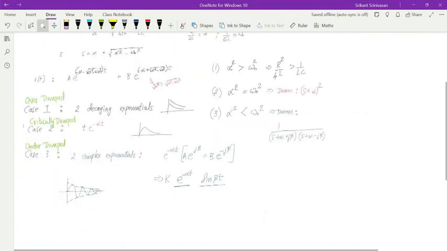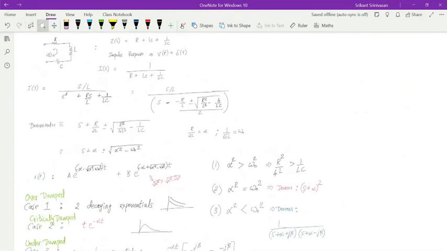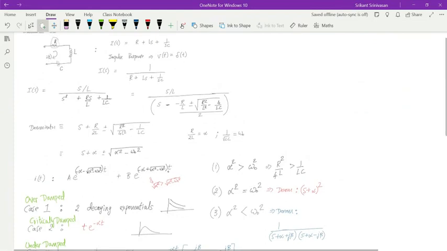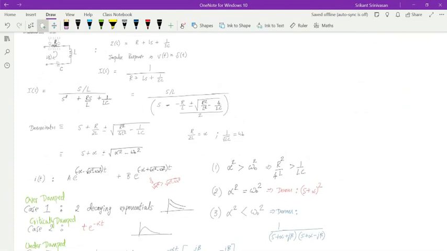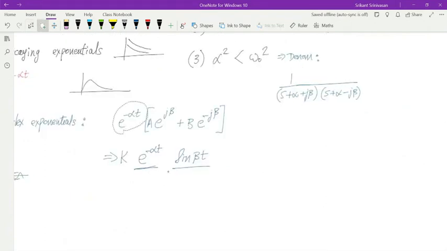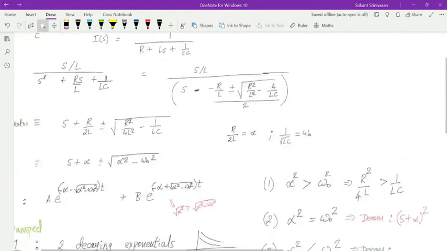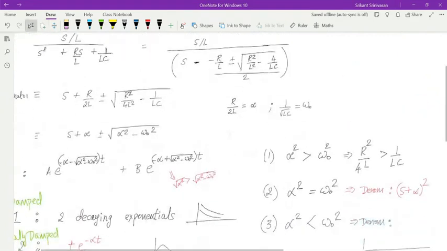And you can take some examples. For example, let us say that in this circuit, we put R equal to 0. If I put the resistance equal to 0, then you can see that the resistance term is contributing to alpha. If the alpha term is 0, that means this decaying exponential is gone. If this decaying exponential is gone, that means I'm left with only the beta term, the second term. Because you see the roots were R by 2L, this term has vanished because I put R equal to 0.